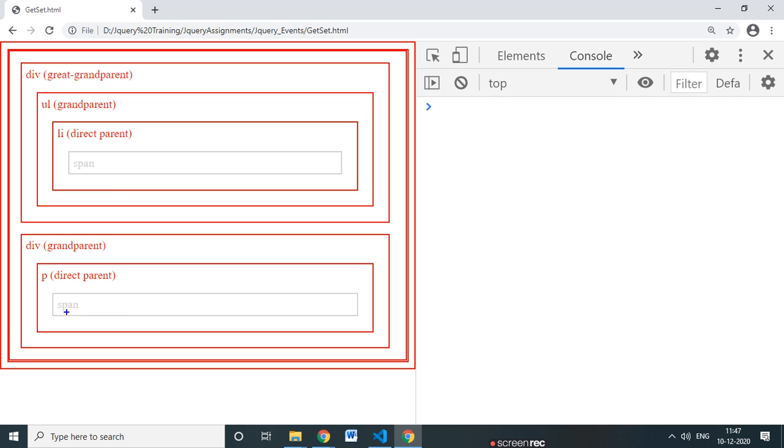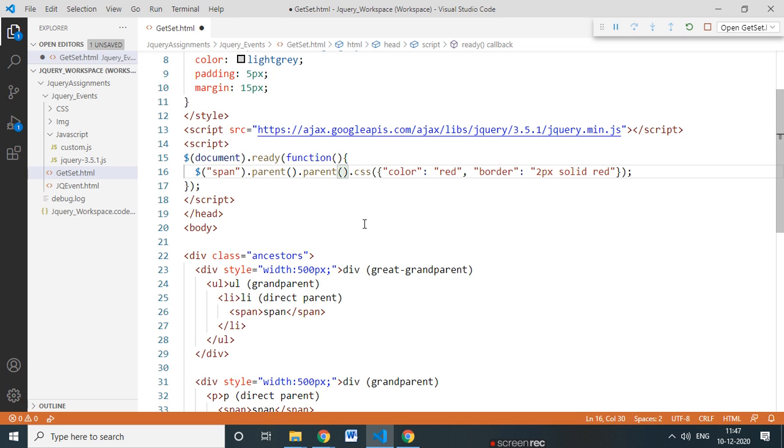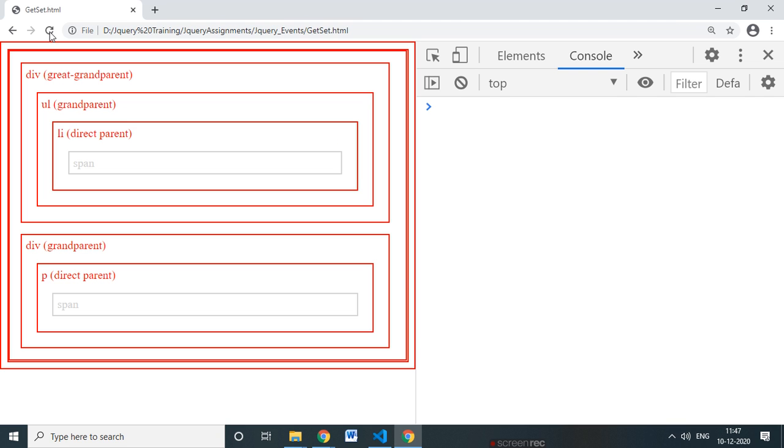Here you can see this is one span and this is another span. Whoever is a parent, all change the background and border color to red. That's why everything is red, because I'm saying parents. Now here I'll say parent dot parent. We check the output and refresh.